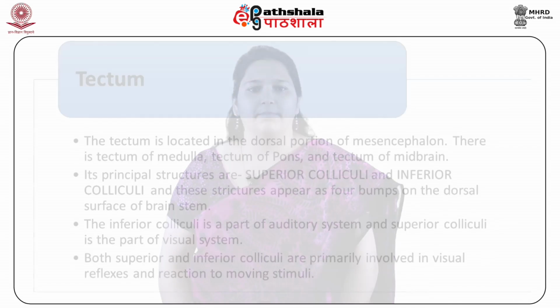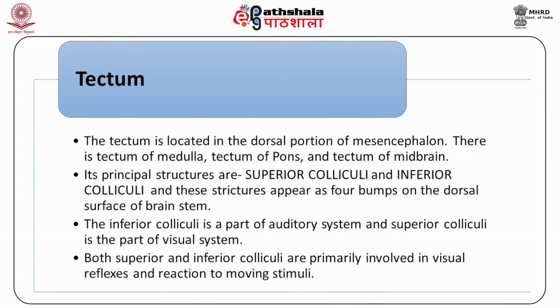Tectum. The tectum is located in the dorsal portion of the mesencephalon. There is the tectum of the medulla, the tectum of the pons, and the tectum of the midbrain. Its principal structures are the superior colliculi and inferior colliculi, and these structures appear as 4 bumps on the dorsal surface